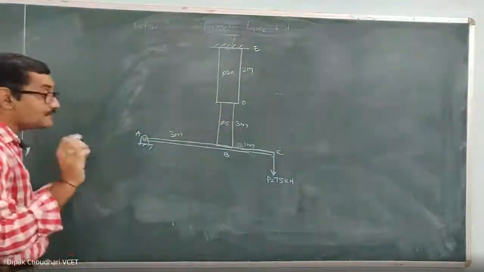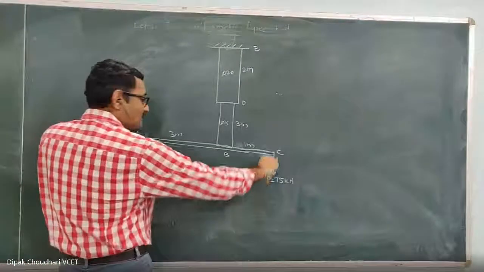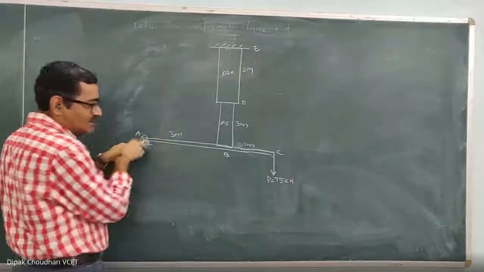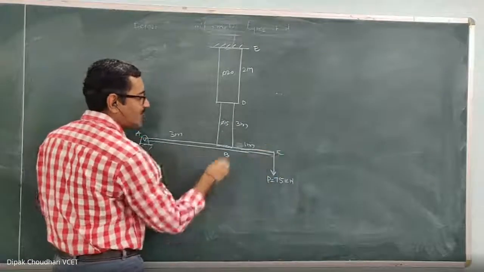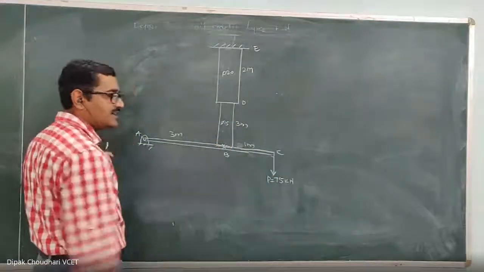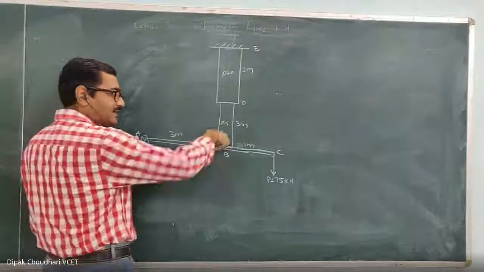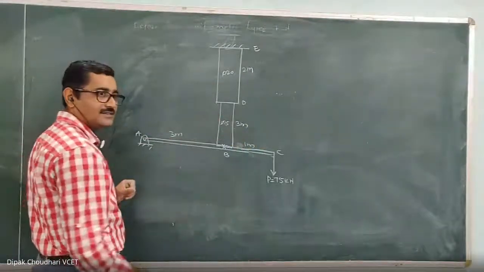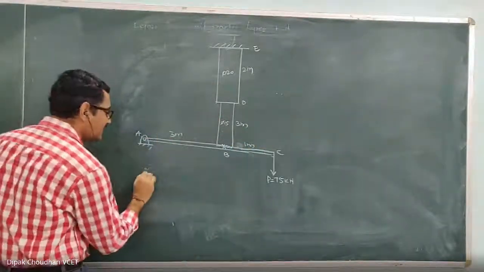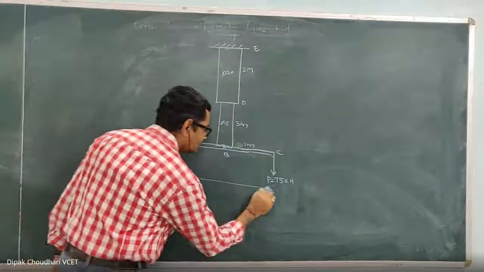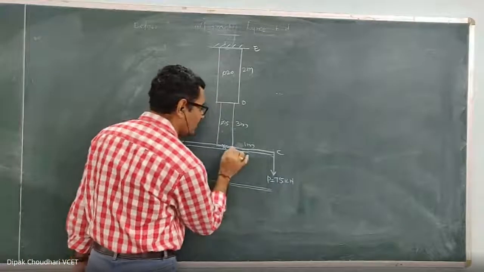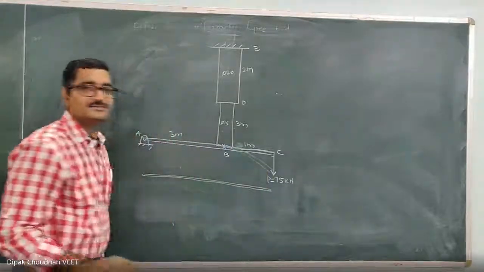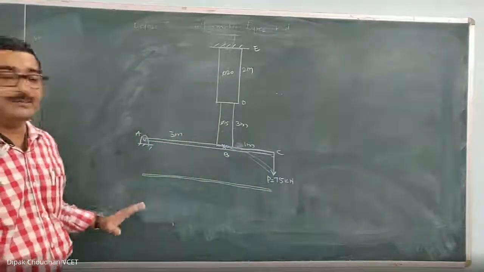Now, you observe the first thing. It is a hinge, so rotational motion is allowed. When I apply the force 75 kilonewton at point C, because of that, one reactive force is generated over here. This reactive force will not allow this. If I consider the FBD of this rod, and it is given that it is a rigid rod, so don't think that, sir, what will happen if it bends? It will not bend because it is a rigid rod.